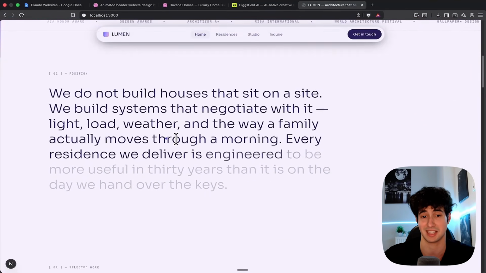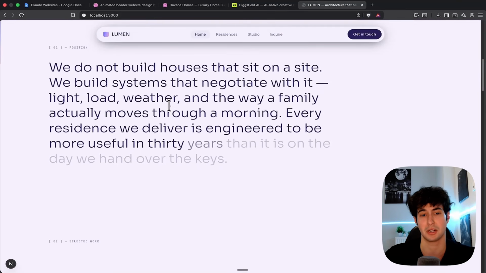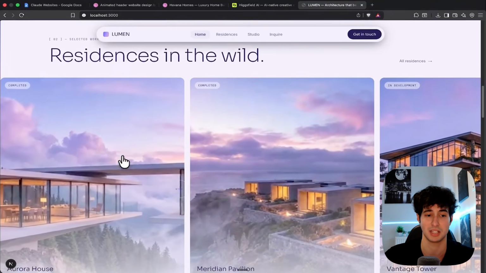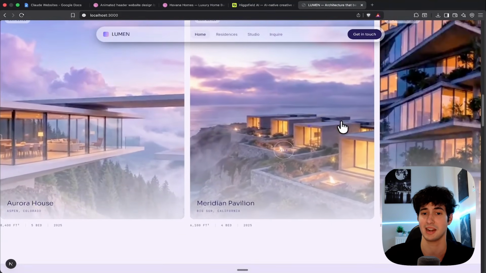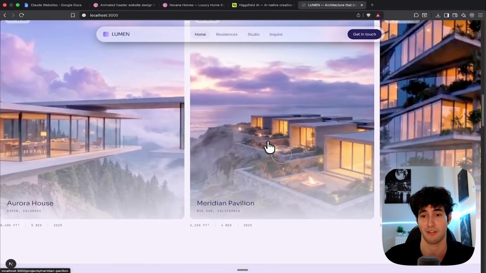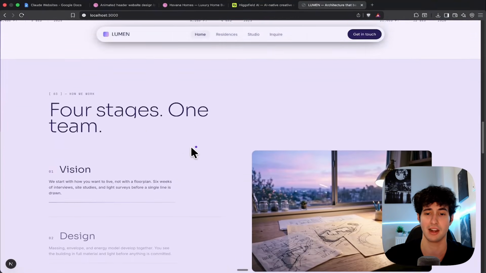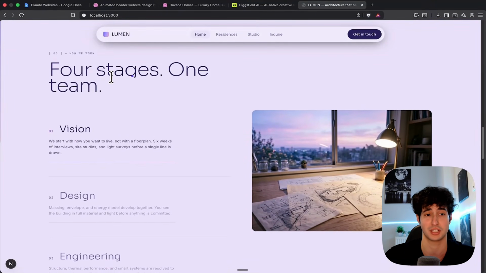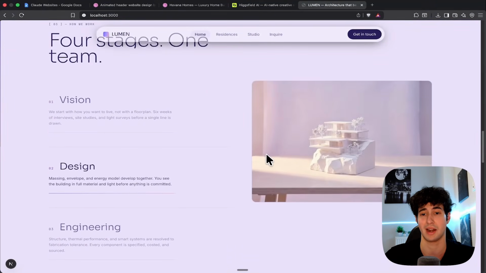Here we can see some text about that luxury house development company. Then we can see some images from other projects they have made. As you can see, these are all videos as well, which play when we actually hover over them, which is very nice. Then we also have this section with the 4 stages that company goes through when building out the